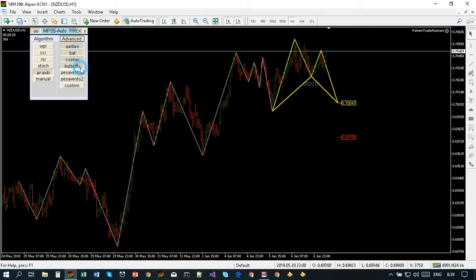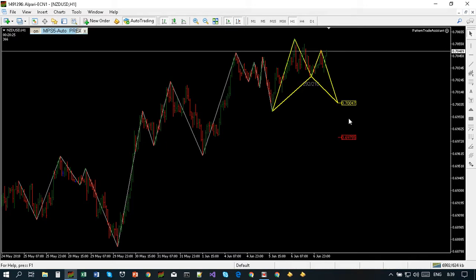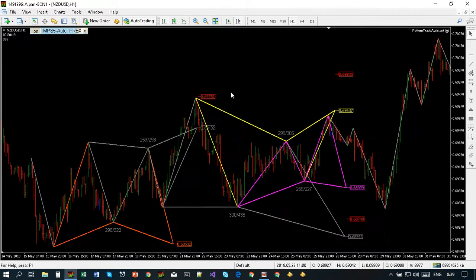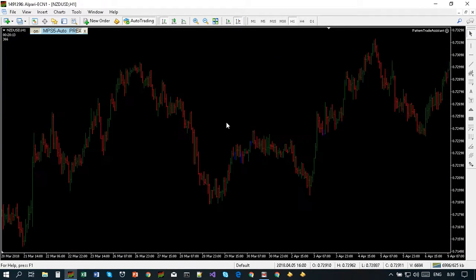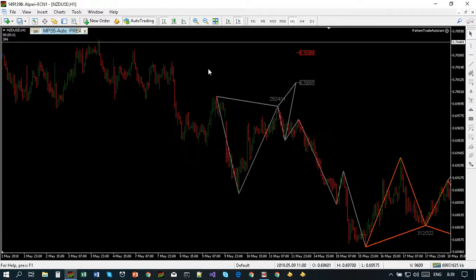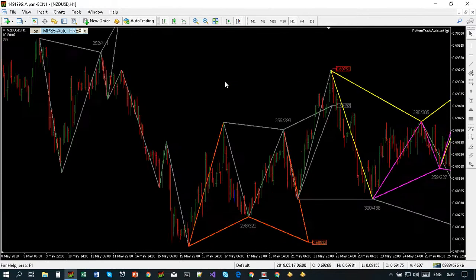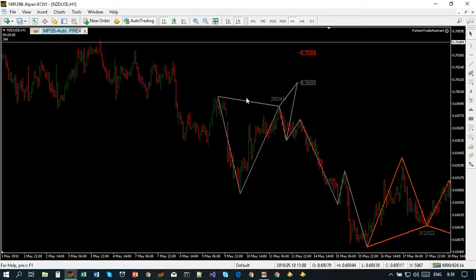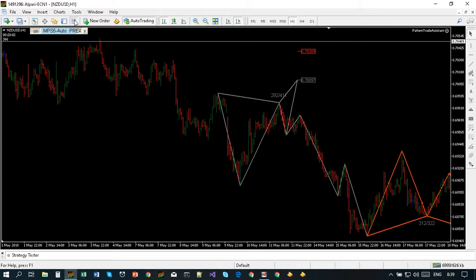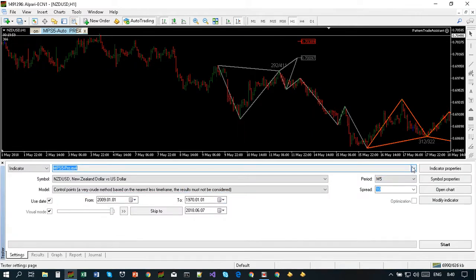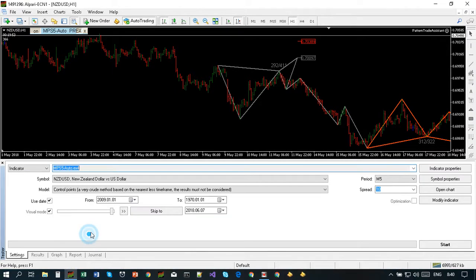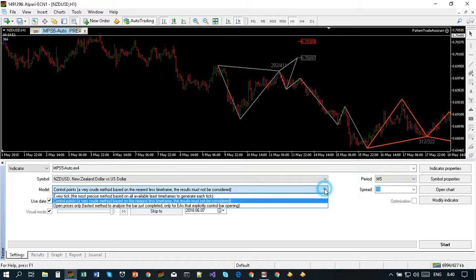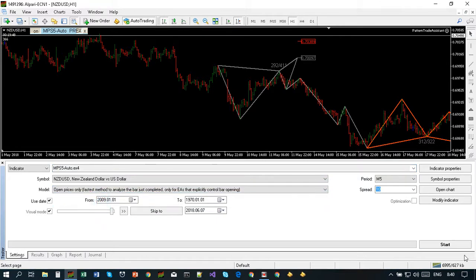Let me enable the patterns. Here, price extreme algorithms. So if you simply go to history of the chart, you are drawn some patterns on history. But if you go deeper and deeper and deeper, it is limited. Not all the history is available for you for backtesting. Well, you can do the backtest using this strategy tester, and let's do the backtest of the strategy using the strategy tester with MPS 5 Auto. Yes, yes, and we will run this fastest method, prices only,